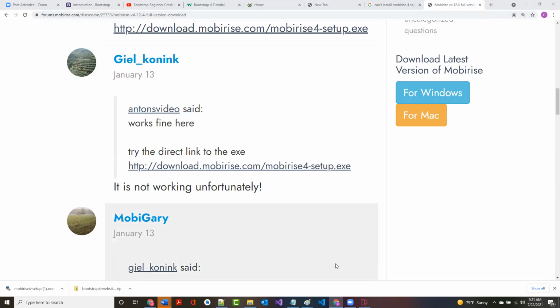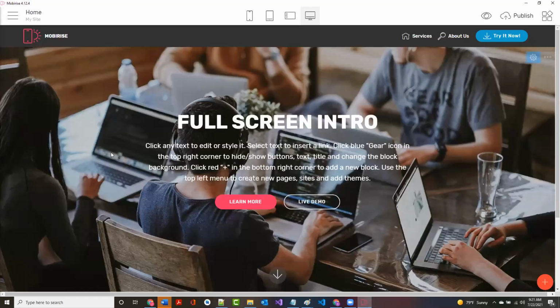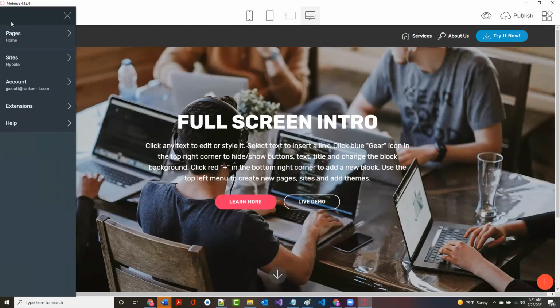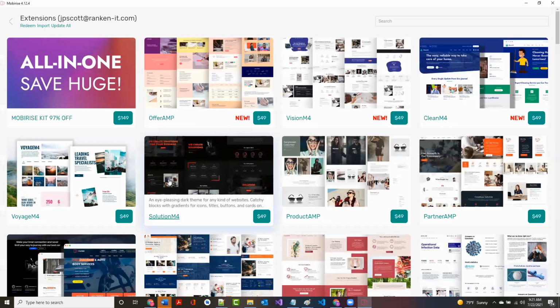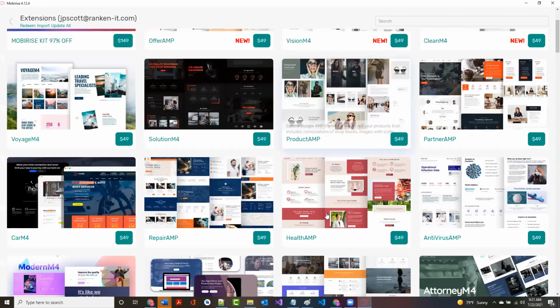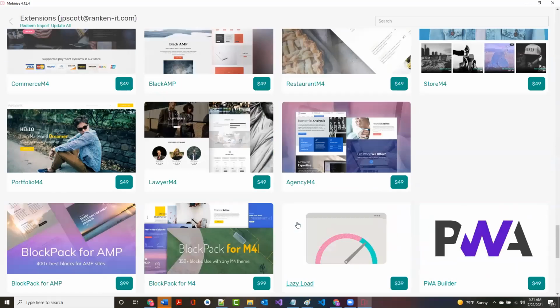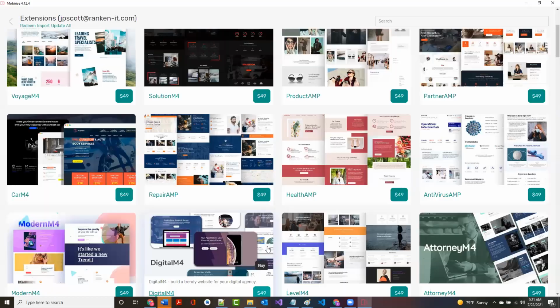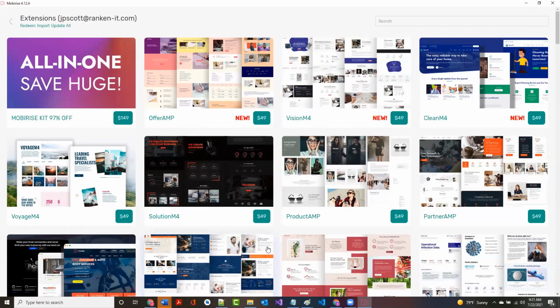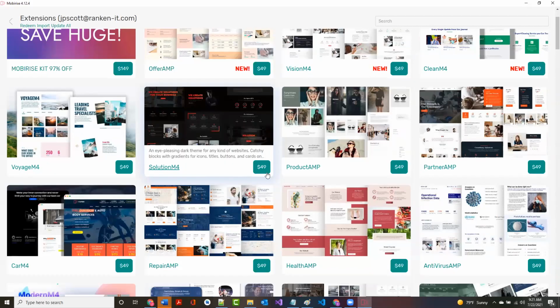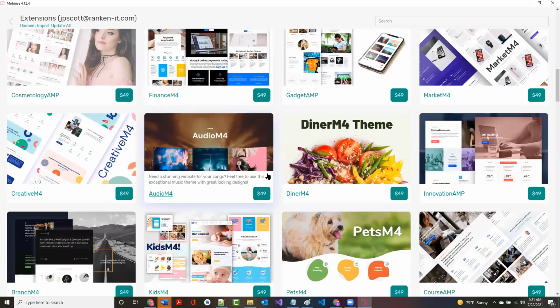if you want to, and I'm not saying you do, all right, but if I come over here, and again, if your screen doesn't look like this, don't let it bother you. But I'm going to come over to here and I'm going to go down to extensions. You don't have to do this with me. I'm going to go down to extensions. And this is the stuff that's available for you to buy. What do I mean? Well, when you come in and you want to create what's called a theme, a MobiRise theme, most of these are not free. You have to pay for them.